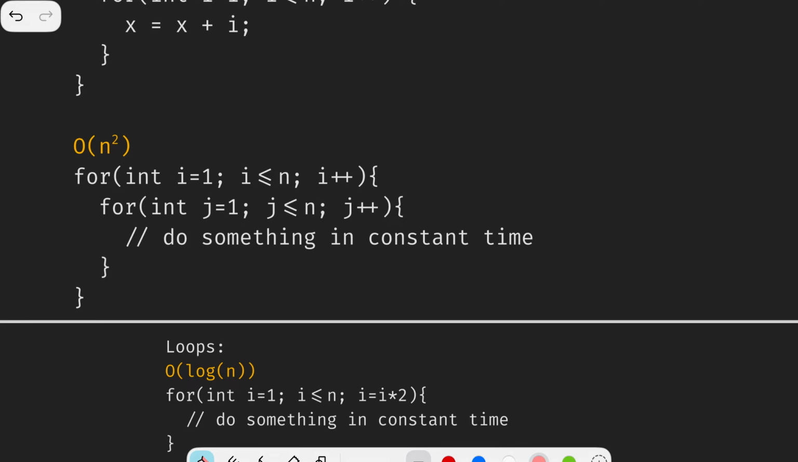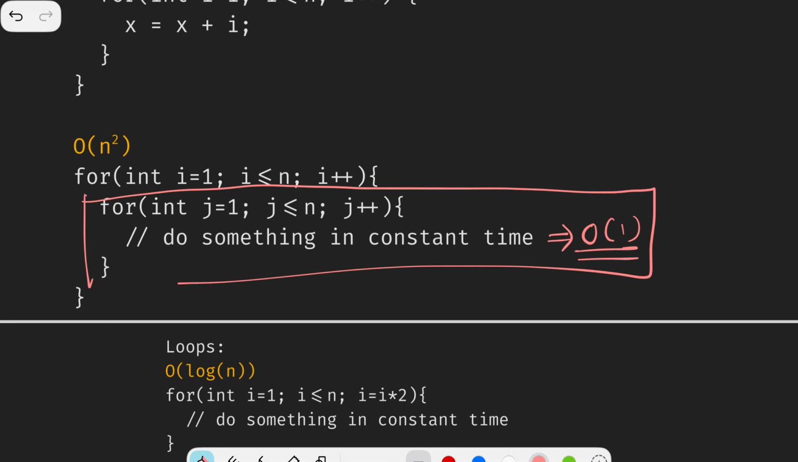Now there are two different variables here, i and j. Both of them are starting from 1 and ending at n. So this is going to take O of 1 time, a constant amount of time basically. This we just saw is going to take O of n time. Correct? Now this O of n time